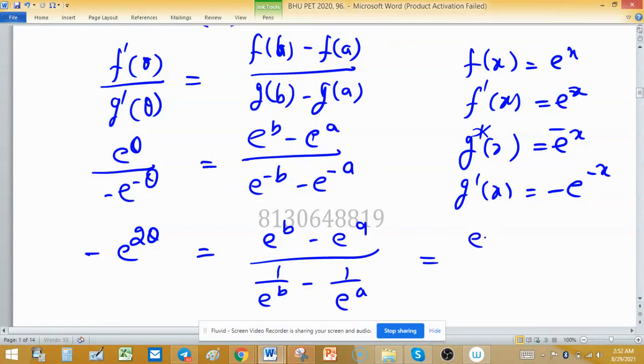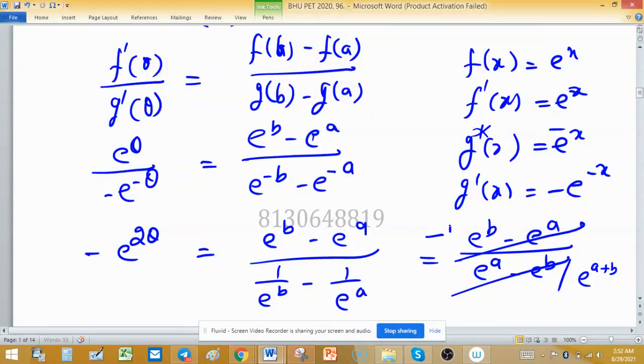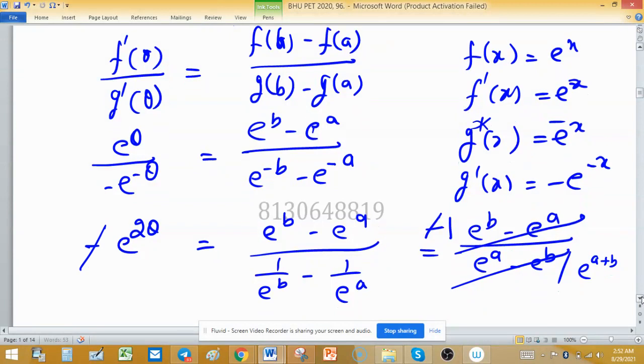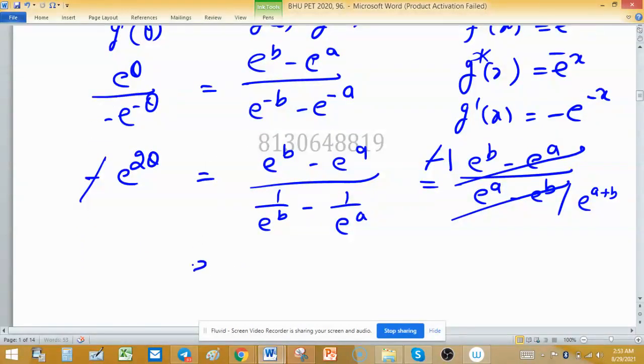On further simplification, I can write e raised to the power b minus e raised to the power a upon e raised to the power a minus e raised to the power b, and the LCM will be e raised to the power a plus b, meaning e raised to the power a into e raised to the power b. So this cancels out with this one with minus 1, and this minus cancels out too. So we have only e raised to the power 2 theta equal to e raised to the power a plus b,